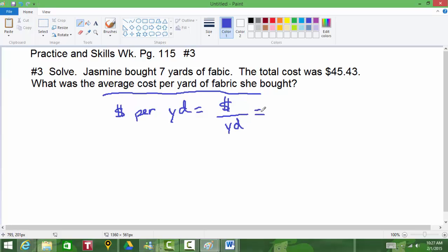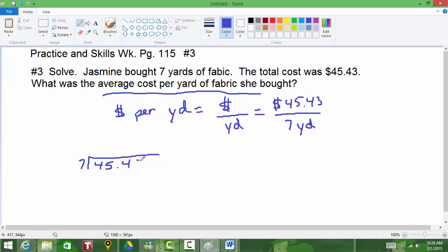So I'm going to take the numbers that they gave us. The total cost was $45 and 43 cents. And I'm going to write that over our 7 yards. So we need to divide these two numbers. So let's go ahead, let's divide the two numbers. So let's set that up. Let's do the division